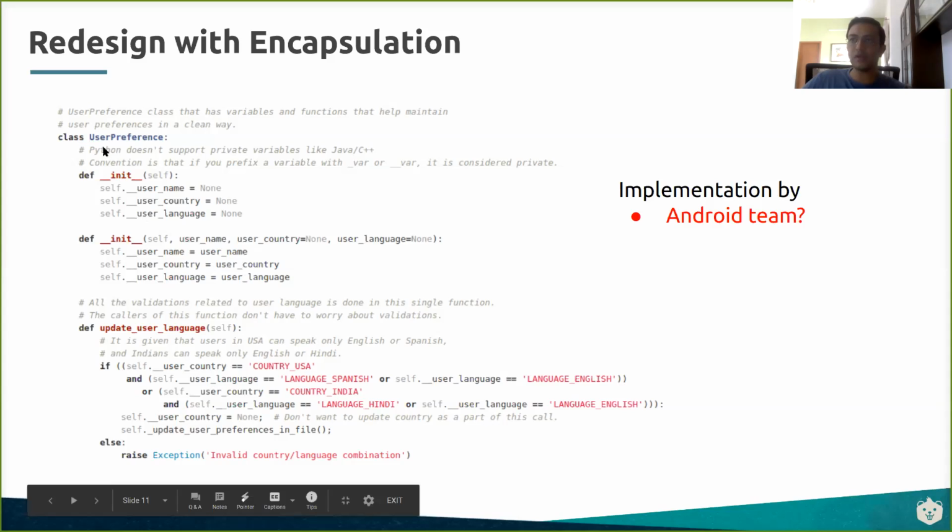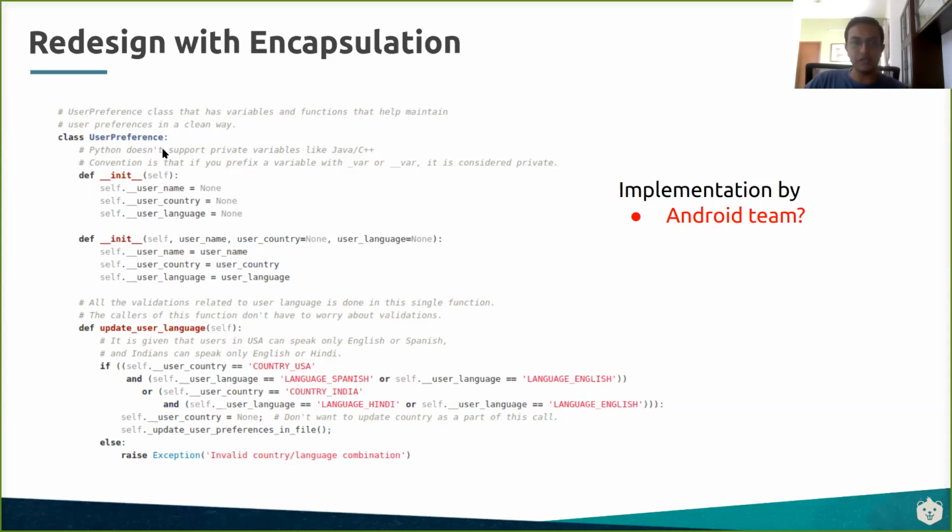Now we know that we have a user preference team who's handling all of these things very cleanly. Now the important question is, where should it be done? The where question. We know that it's bad to replicate code. We'll do it in one place, but then the question comes up of where to do this. Is it the Android team? Is it the iOS team? Is it the web team? Is it any of these? No. These guys are just in charge of getting the data and passing it to the user preference team.